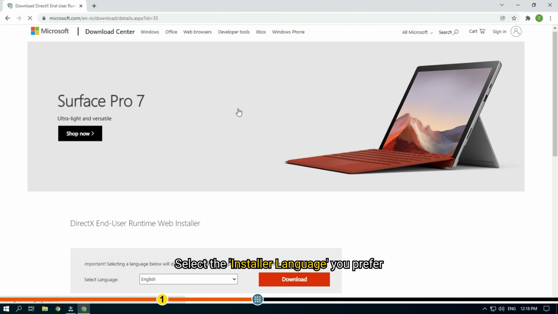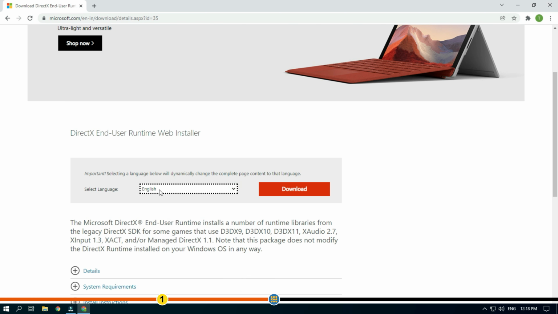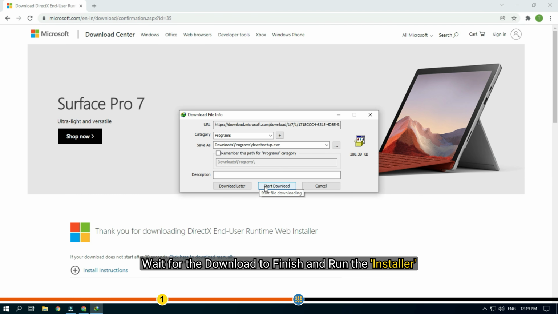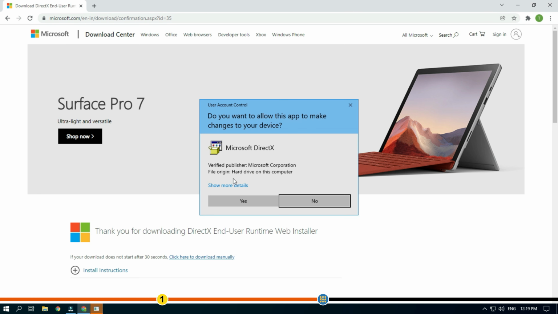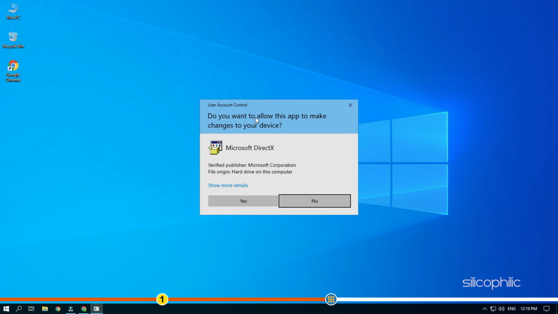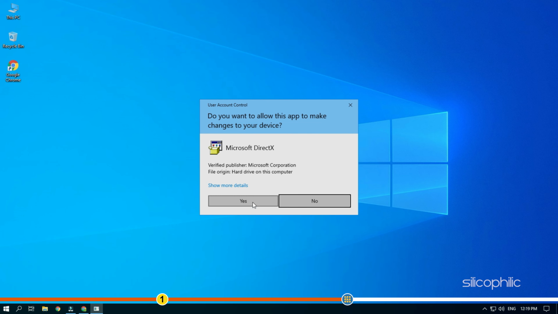Here, select the installer language you prefer and click on Download. Wait for the download to finish and run the installer. Complete the installation and wait for the installation to finish.